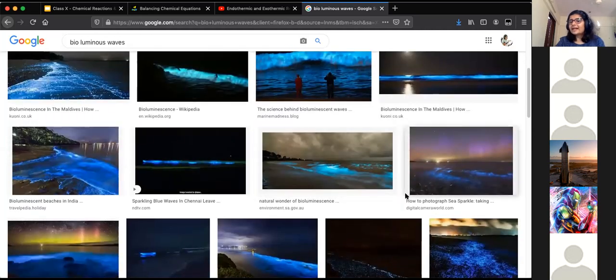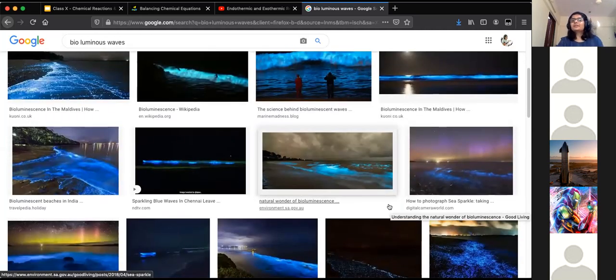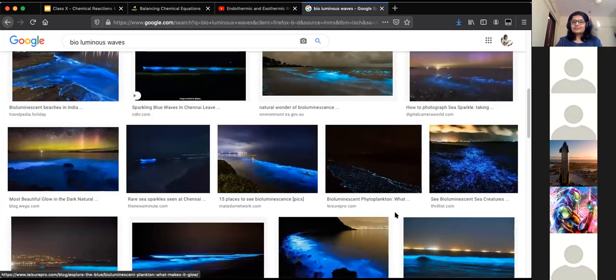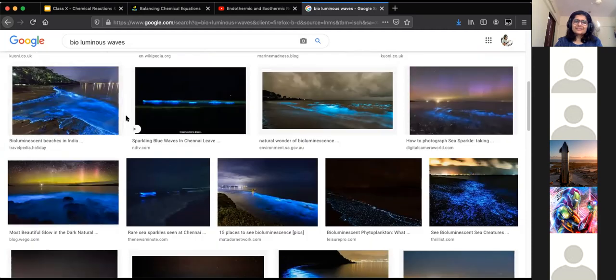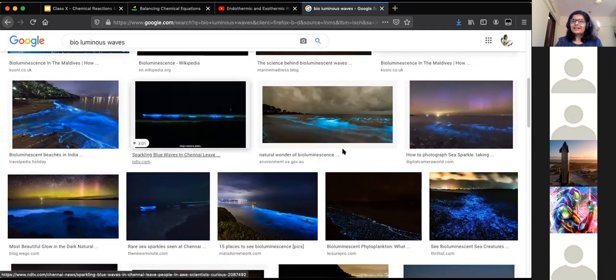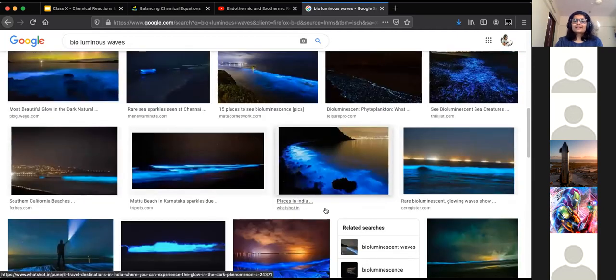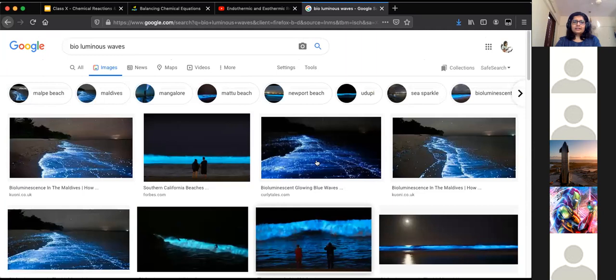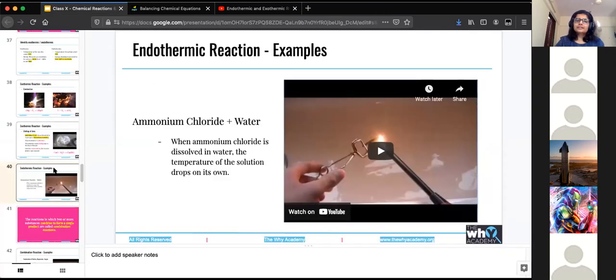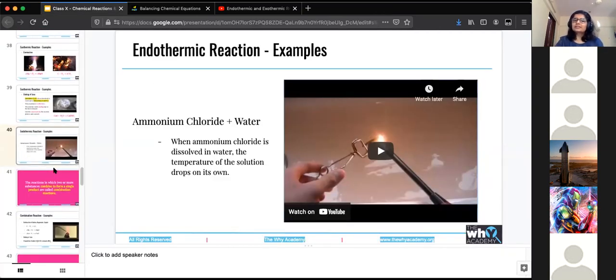Nethri is saying, yeah, even anglerfish produce light. Yeah, in the deep sea anglerfish also produce light. So all of these animals have it. Maybe in India too, beaches in India, I'm sure there must be some. We'll have to see. But yeah, the specific algae that do this. So whenever you find animals producing light on their own, that's because of this phenomenon called bioluminescence. That's nothing but a chemical reaction inside their bodies.